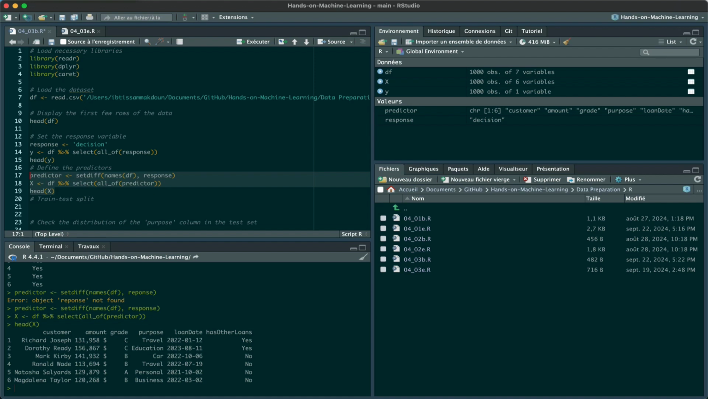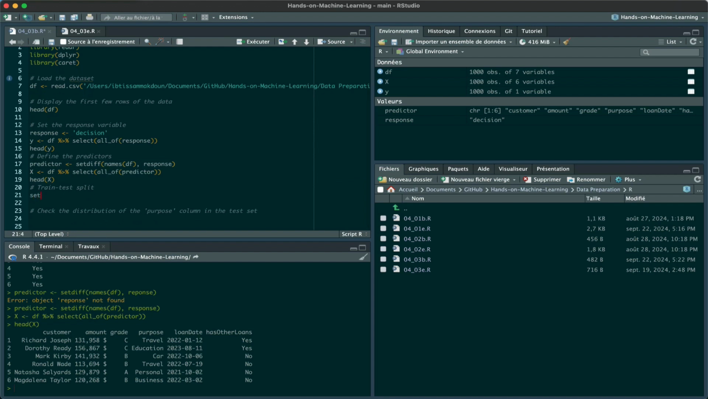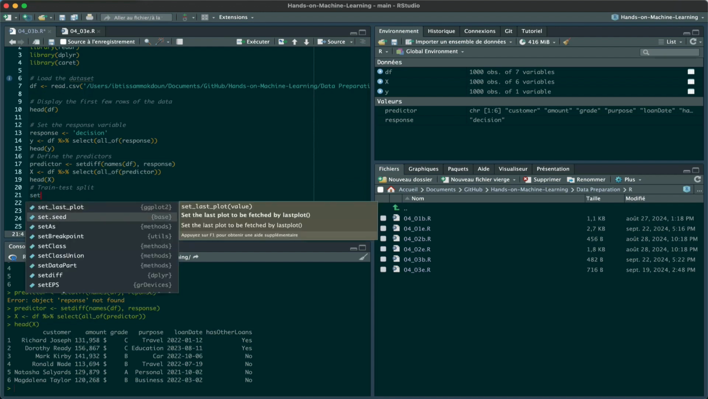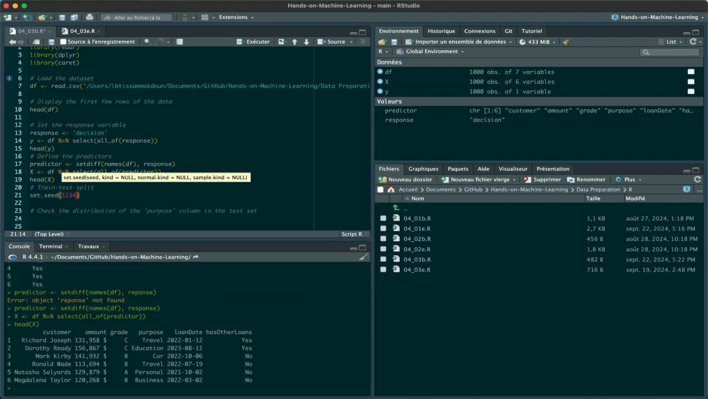So a crucial part of building machine learning models is splitting the data into training and testing sets. We'll use the createDataPartition function from the caret package to split the data. In this case, we'll do a stratified split based on the purpose column. So set seed to have the same results,